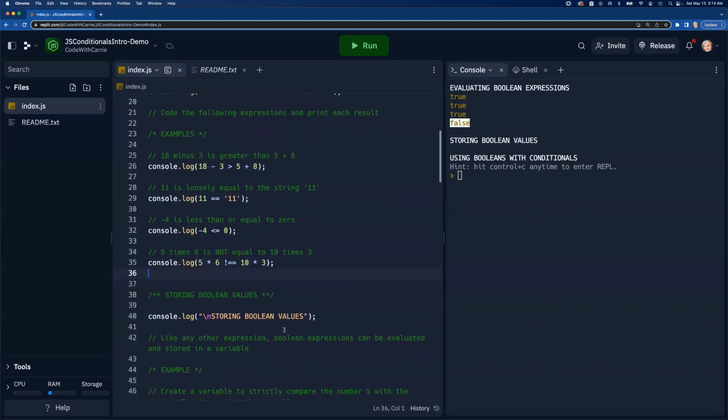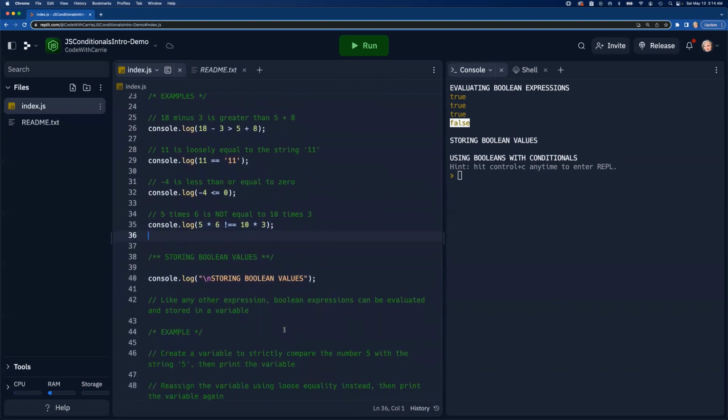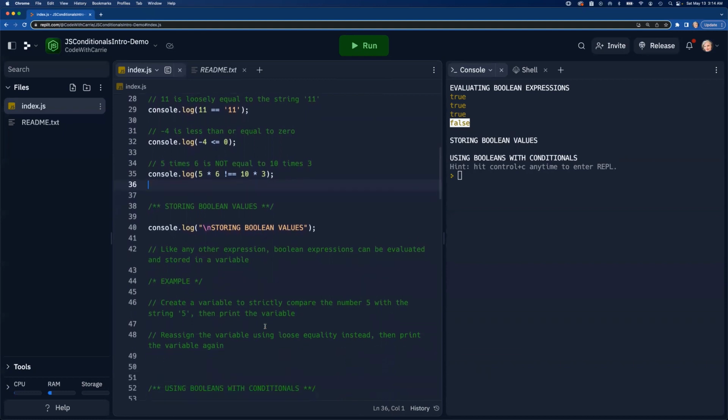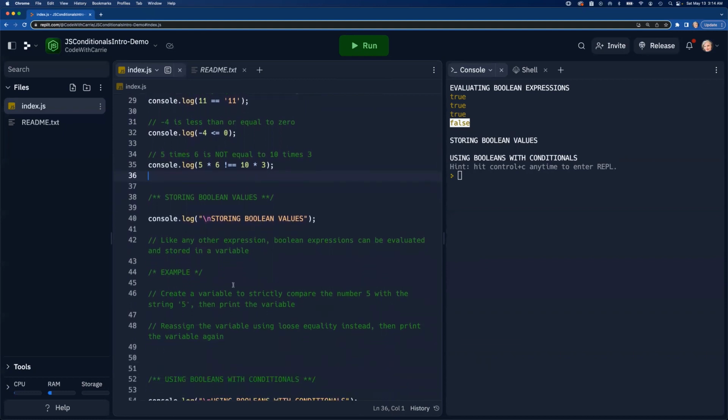So sometimes it might be advantageous to store a Boolean value after evaluating an expression so that you can use that variable later. So let's just take a look at what that looks like. This instruction says, create a variable to strictly compare the number 5 with the string 5, and then print the variable. So I'm going to create